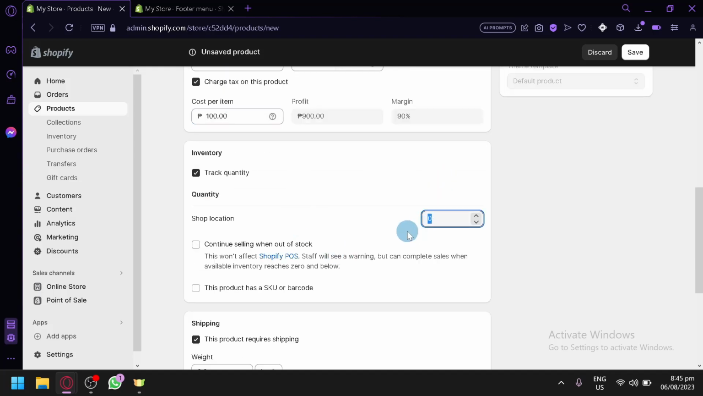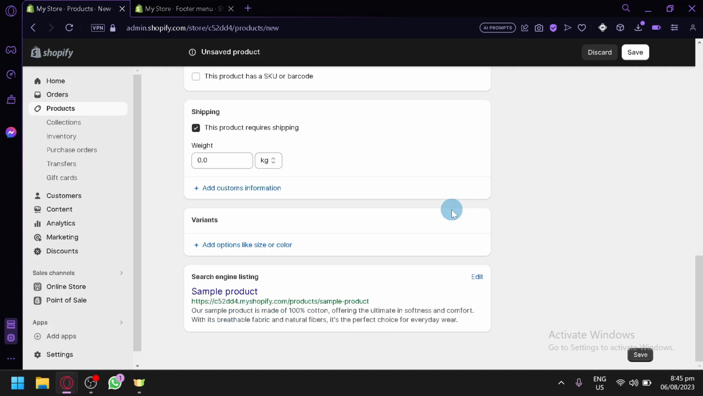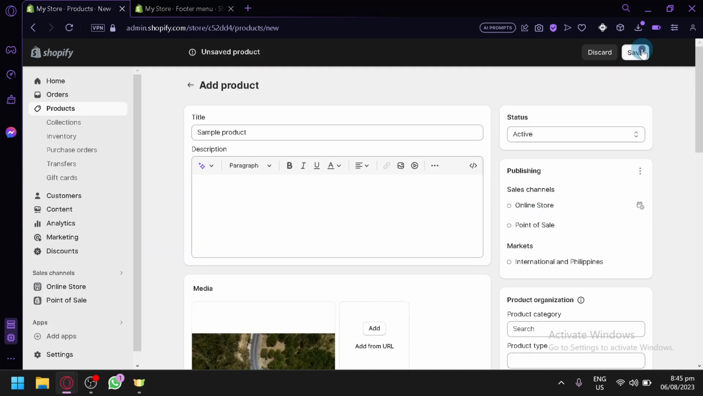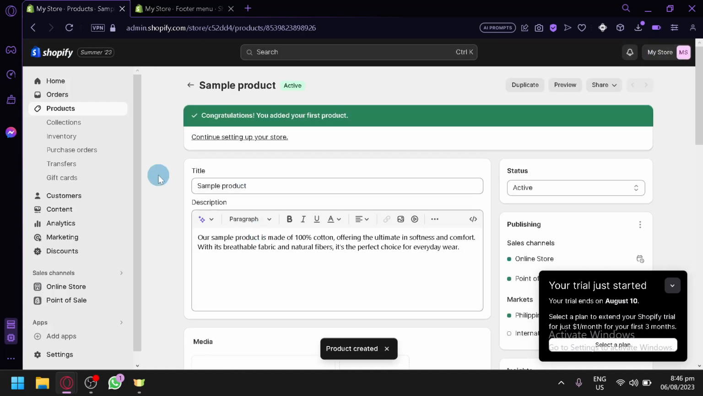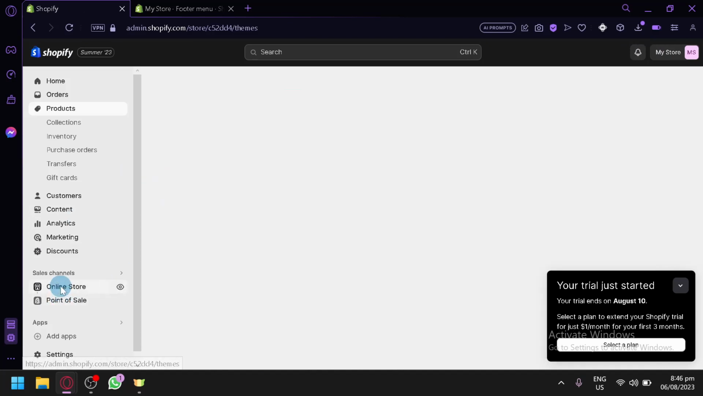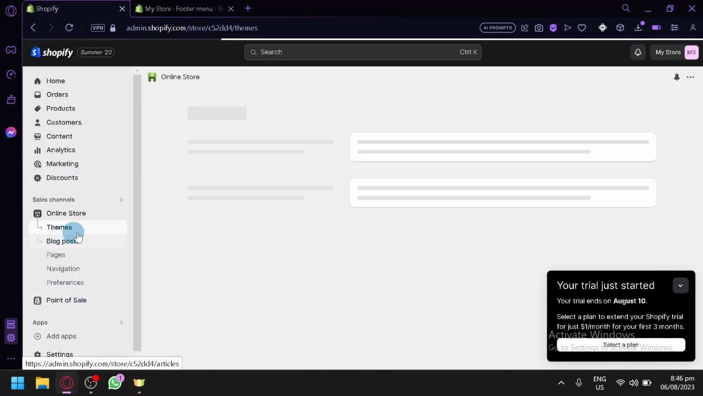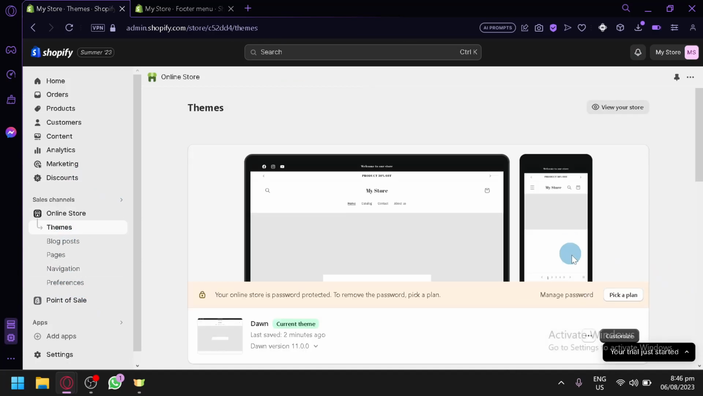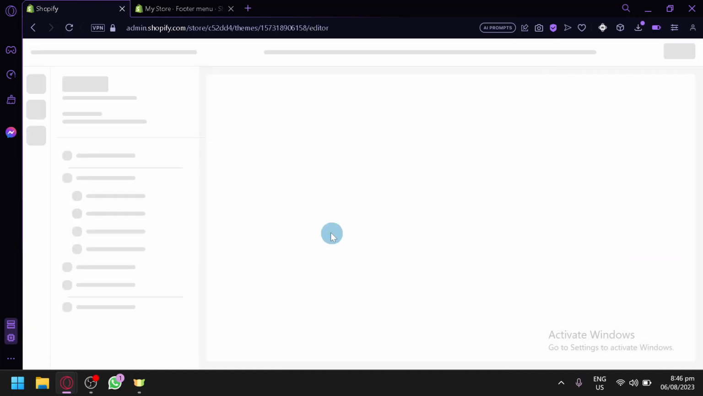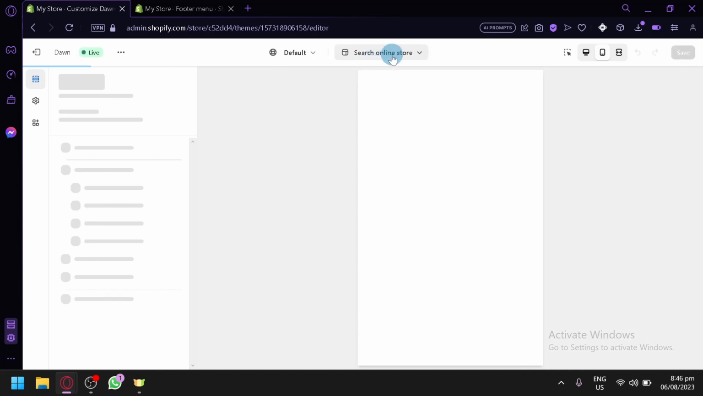And for the inventory, let's say I have 5 on my inventory. And the other stuff here, we could leave it as it is. Then simply click on save. Then there we go. We now have a product, a very simple product for our store. Now let's go back to our online store and go back to our themes, and let's wait for it to load. Then we will continue customizing our home page, or rather the product page,